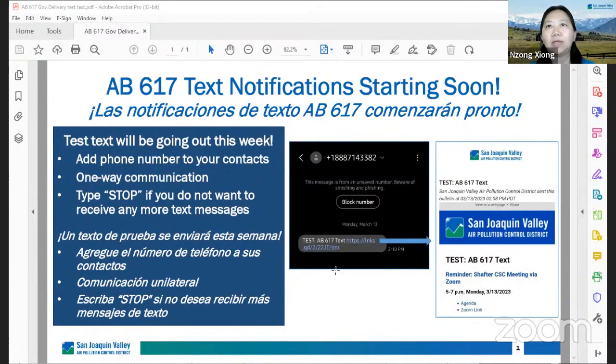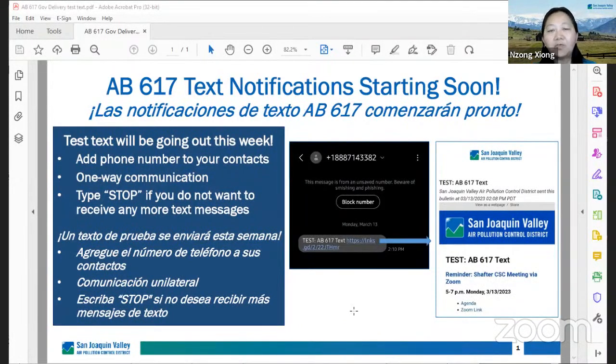this box right here. You'll get it. It'll look like a text right here, simple text, and then you can click on the link. And when you click on the link, it should pop out, and you'll get this type of window on your cell phone. And so when you do, you can either save that phone number, and we recommend saving it and just maybe naming it like Valley Air District, so that any future text messages, you'll know that it's coming from